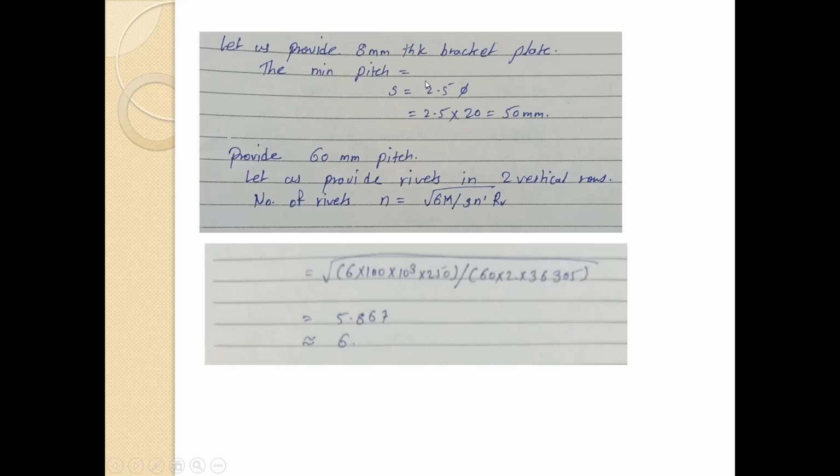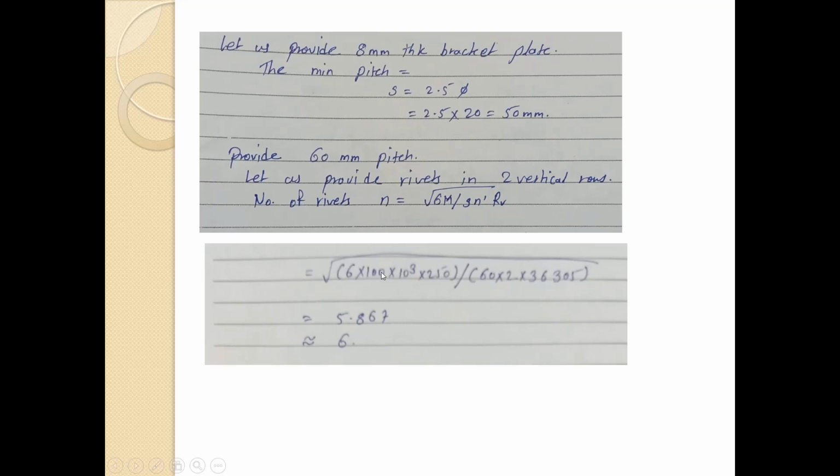The minimum pitch is 2.5 into d, so 2.5 into 20, that is 50 mm. So provide a pitch of 60 mm. Let us provide the rivets in 2 vertical rows. We know the formula, that is n equals under root of 6M divided by (S_n dash into Rv). So by that formula we are getting